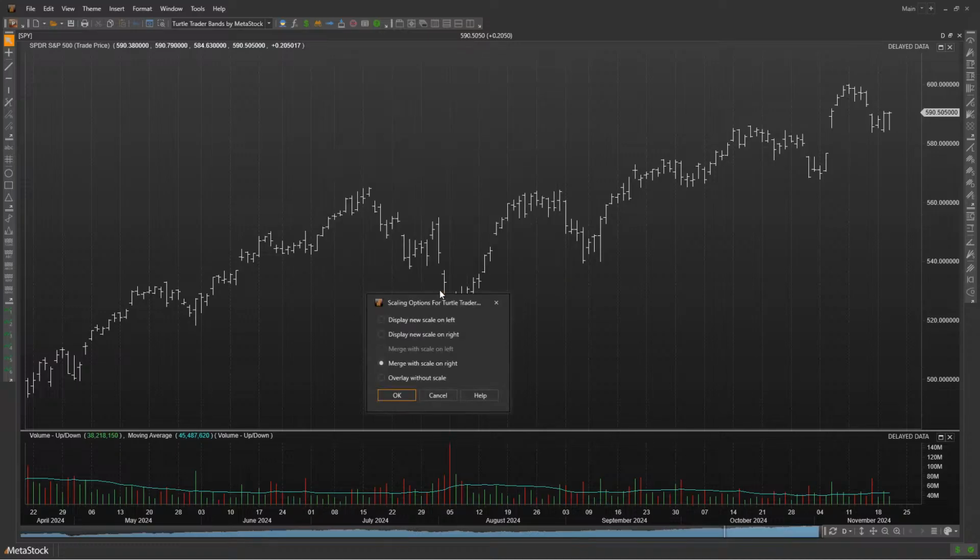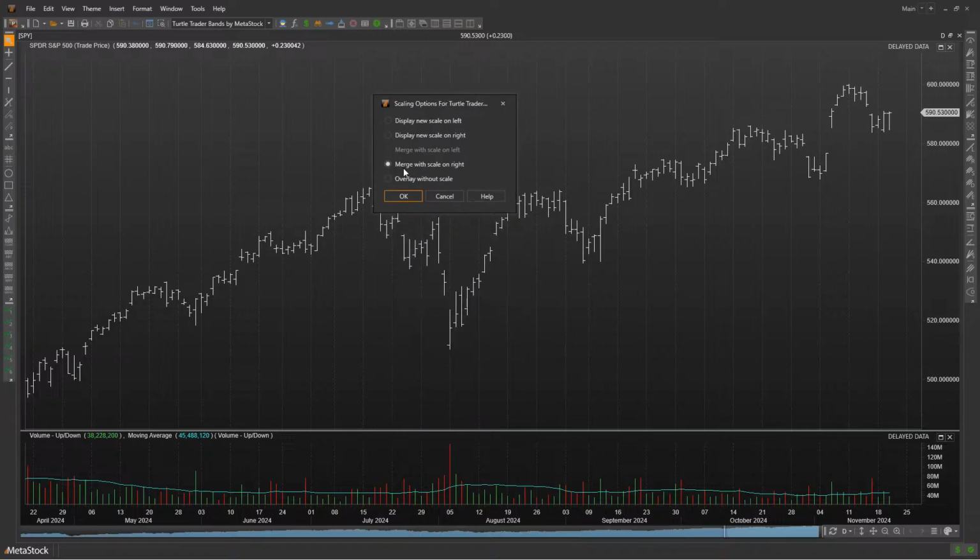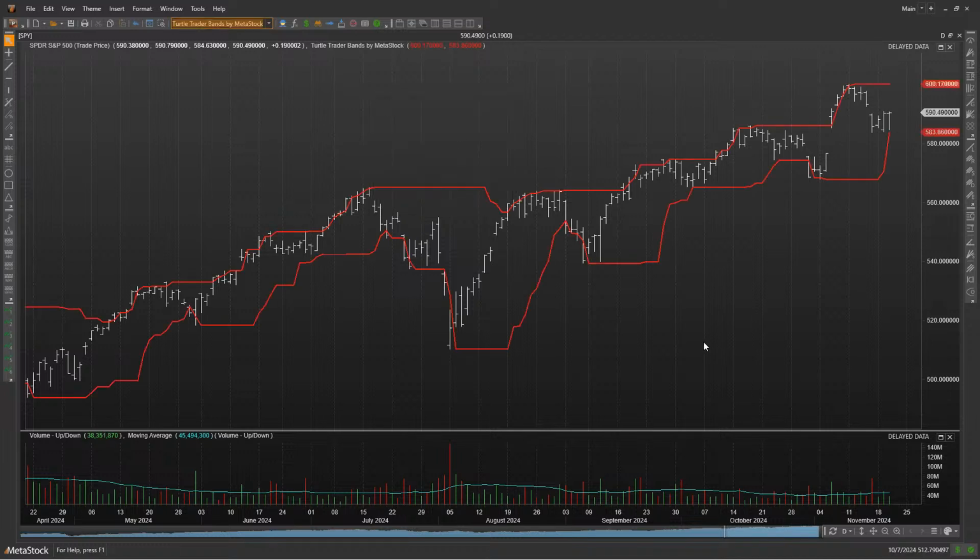We'll click on OK. And what's important with this dialog is you want to make sure to merge it with your price scale wherever it is. Now in my case, I've got my price scale on the right hand side, or the y-axis on the chart. And so I want to make sure to merge this with the scale on the right. So I'll click on OK. It's really important that whenever you place these types of indicators on your chart, they have to be merged with the price scale in order for them to plot correctly. Otherwise, they'll kind of float around, and depending on how you move the chart, the lines will show up in different places on your chart.